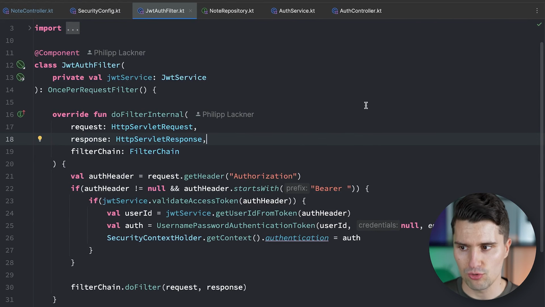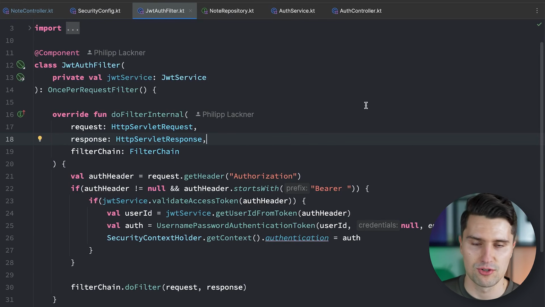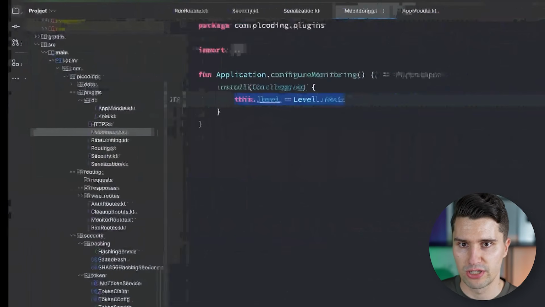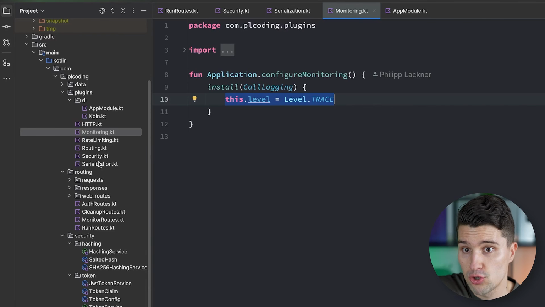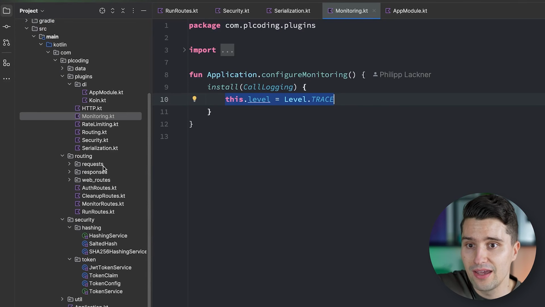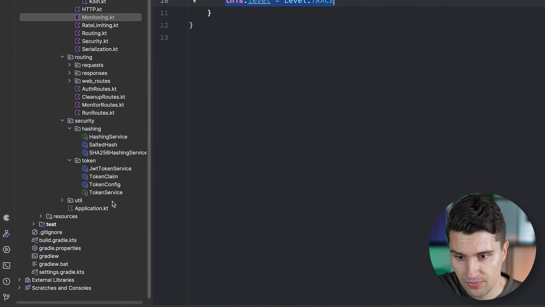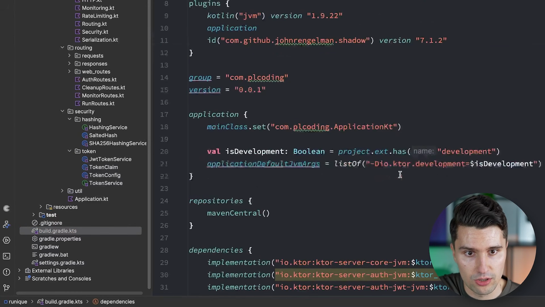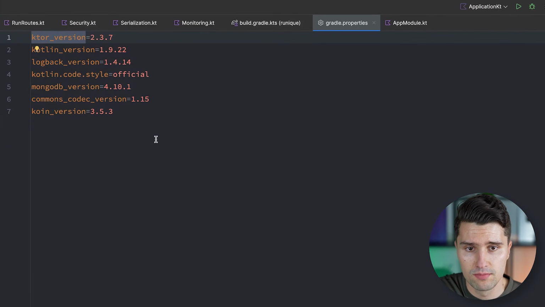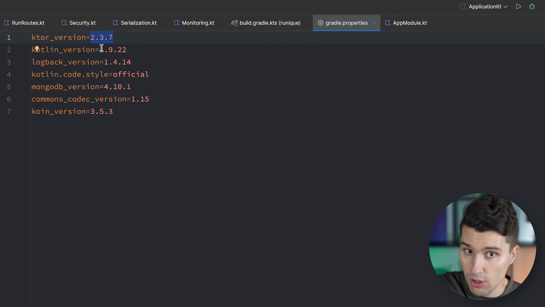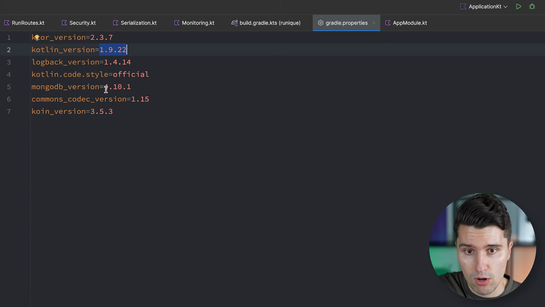So your Ktor code tries to invoke a certain function, but that wasn't found because it's not included in the sources. Because the thing is on Ktor, if we take a look here again, a lot of the libraries and tools you choose that Ktor is built on rely on a single Kotlin version. So here we have a typical build.gradle KTS file and a Gradle properties file where we have some versions. You can see we have a Ktor version, we have a Kotlin version, we have a MongoDB version,